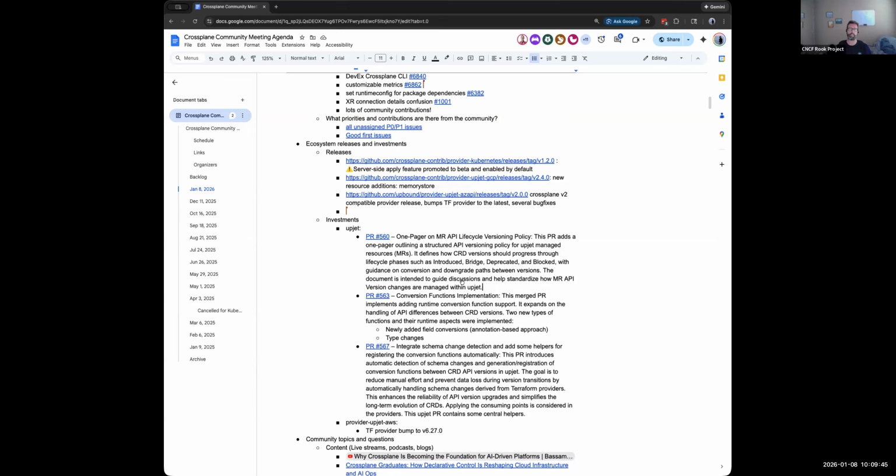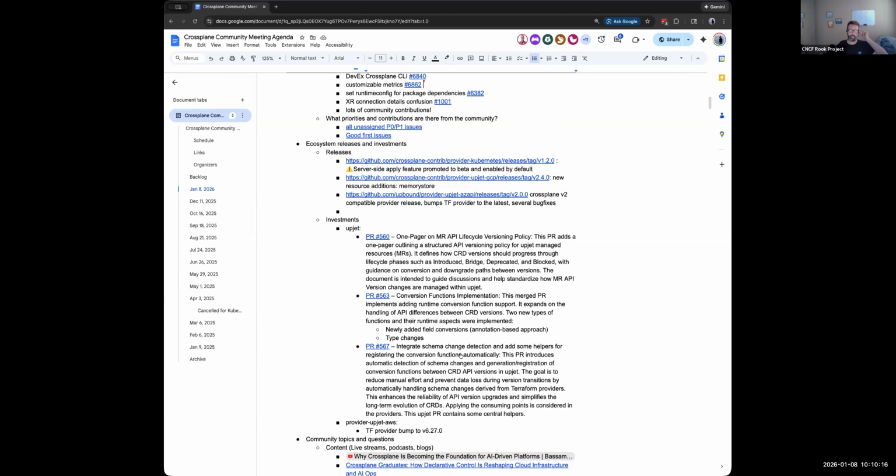Then there are a couple of implementation PRs: more conversion functions and framework support for provider authors, with reusable functions and helpers to do conversions between different versions more easily. And also more tooling around detecting breaking changes in schema, and having better support for that. So, a design PR and then two different implementation PRs.